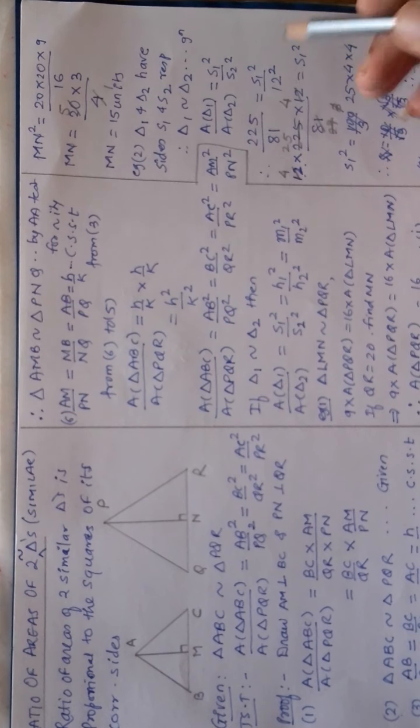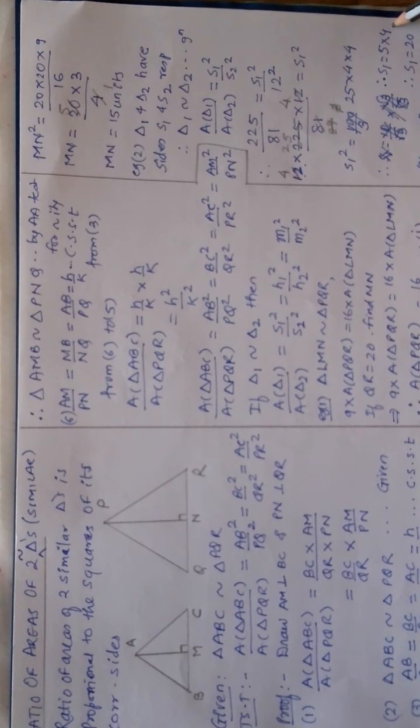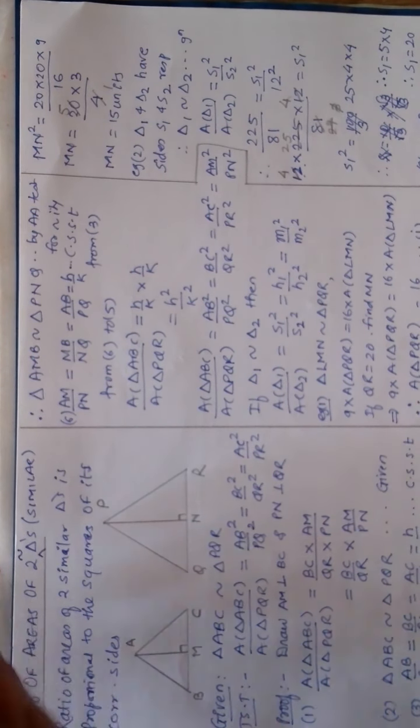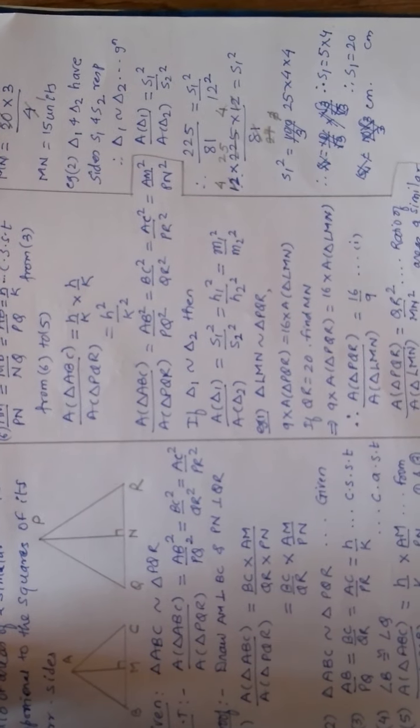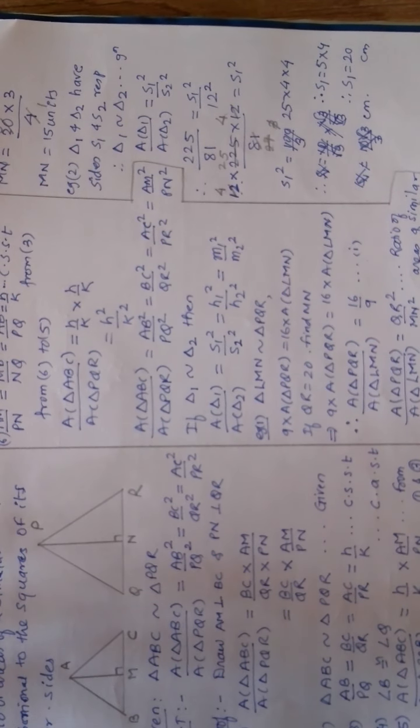So I have written it here as 12 square. So that 12 I multiplied here also. So this 3 divided that 12 becomes 4. So I get 2 times 4 and 25. So square root of 25 is 5 and 2 times 4 square root is 4. So S1 is equal to 20 centimeter. That is height of so called bigger triangle, sorry, not height, again I am saying height. Side of bigger triangle is 20 centimeter.